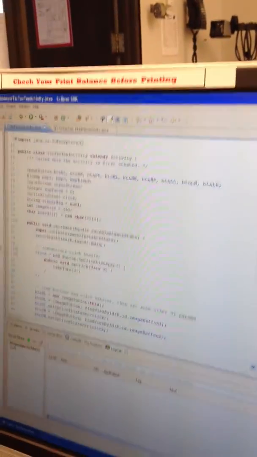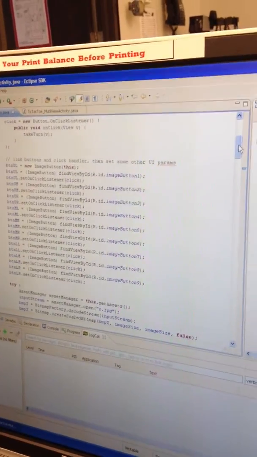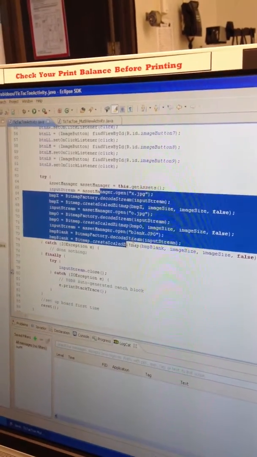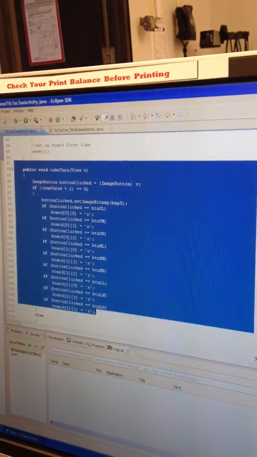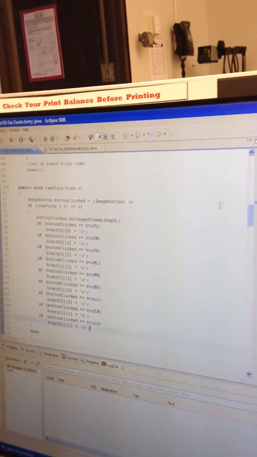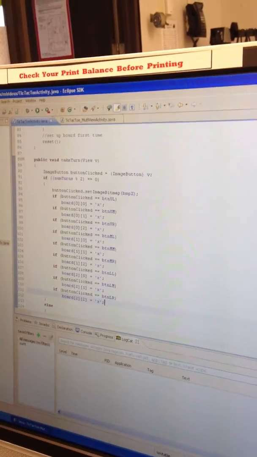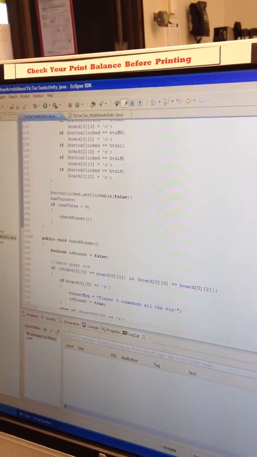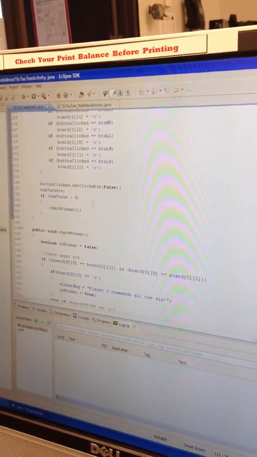And then looking at the main game itself, there's just a whole bunch of code to go through and set up. Take all the buttons that are on that screen, link them to code, then go through, load all the images, and then we can go through, and this just takes the turn. So as soon as somebody clicks a button, it just says, okay, was it an X player or O player, pops the image on the button, and then it sets the button to no longer be clickable, increases the number of turns, and if we've had more than a set number of turns, we can check to see if somebody